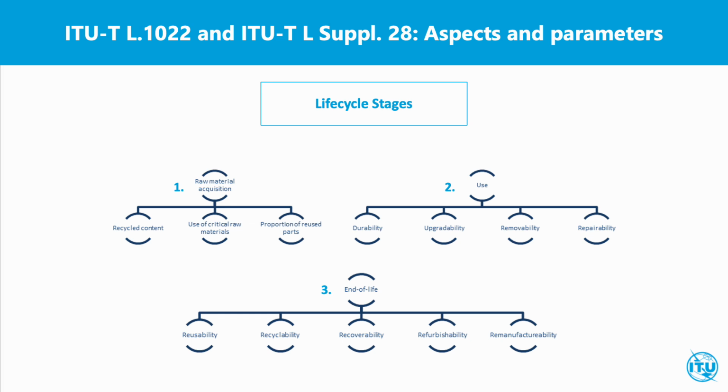In the second stage, use, considerations include the following: durability. Durability is about the ability of parts, modules or goods to maintain their functions and performances over their life cycle. That is, extension of durability is about extending the technical lifetime. For some categories of goods, maintained energy performance over time is a parameter that needs to be considered for durability. This parameter seems less valid for ICT infrastructure goods whose energy performance is not expected to worsen over time. Long durability is seen as a desired characteristic, however.